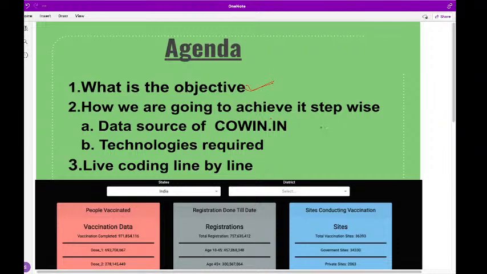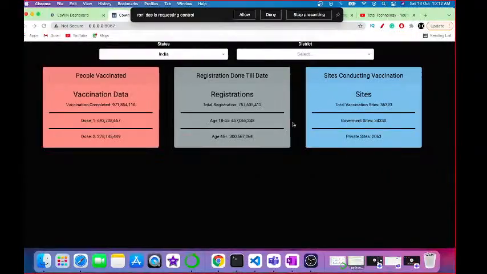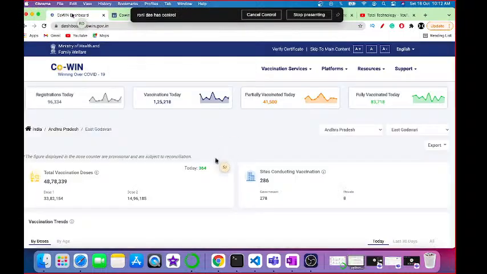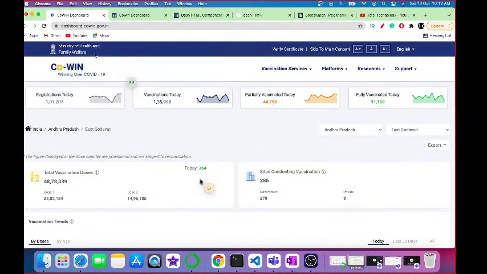Okay. So let me just request control. Okay. So are you open your browser in Google Chrome? Okay, fine. So let's go to Google Chrome. So okay, fine. So this is the government website, and